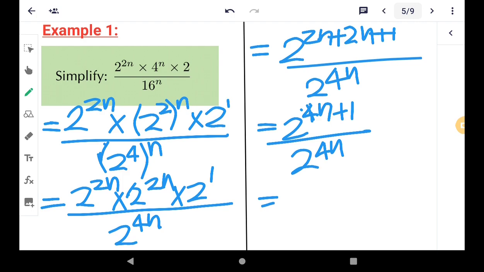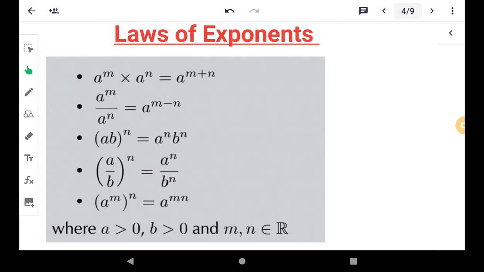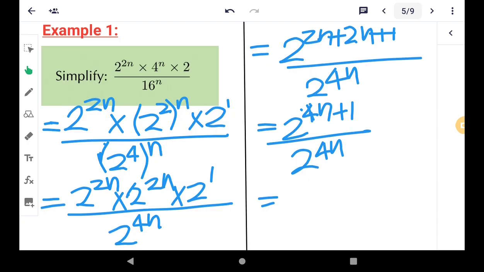And when you have powers of the same base divided together, like in this law, for example, you subtract the exponents like that. Remember the order. You must first write the exponent of the 1 at the top, and then subtract the 1 at the bottom. So that is 4n plus 1 minus 4n,